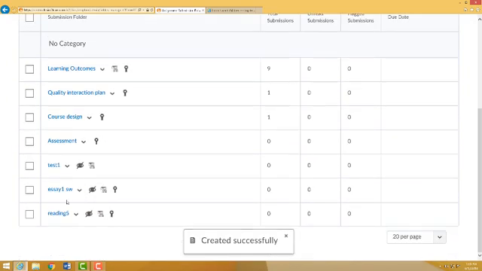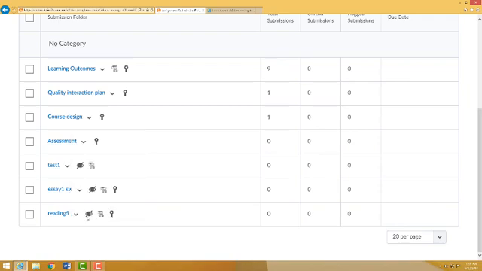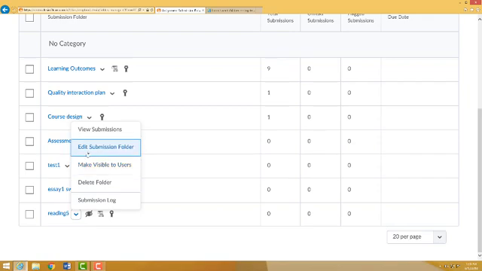So you can see that reading 5 is here, but what is that? That I with the slash through it. Well, that means the folder is hidden from the students, so we should go and check out why that is. Anytime you have an assignment that you need to make a change to, click on the down arrow, hit Edit